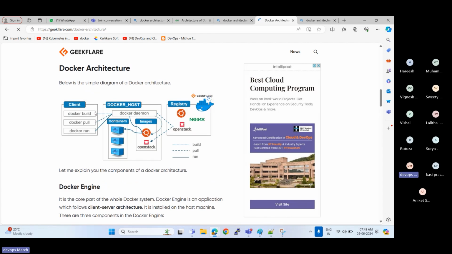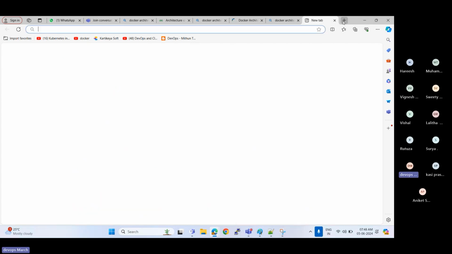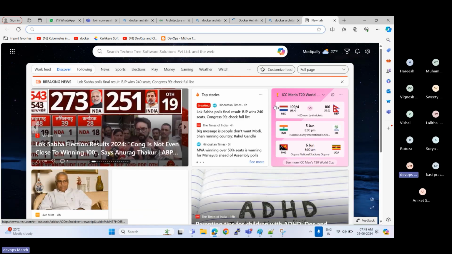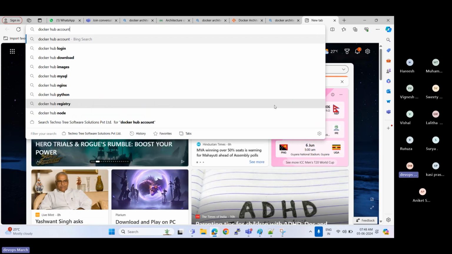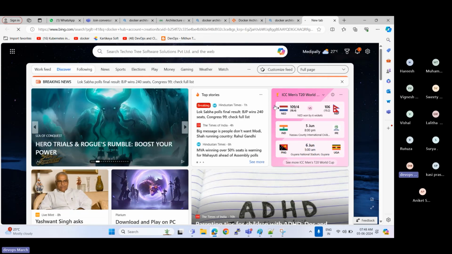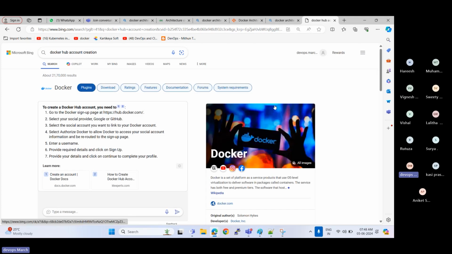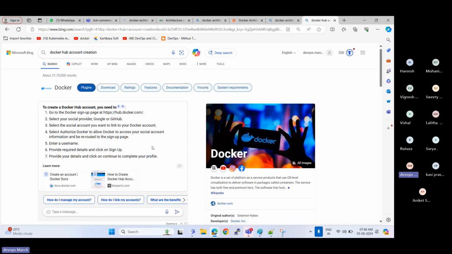See, Docker client, Docker host, registry. These are all the containers. So how to create a Docker Hub account? It is like a Gmail account creation, the way you created a Gmail account or a GitHub account. It is the same.